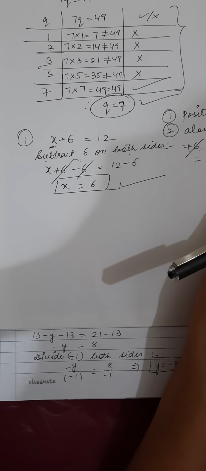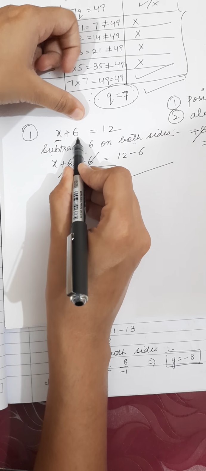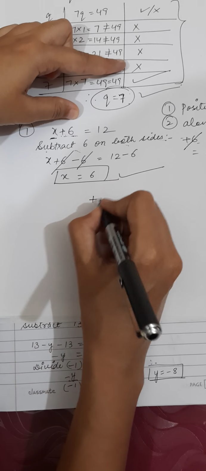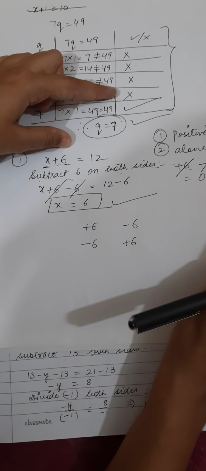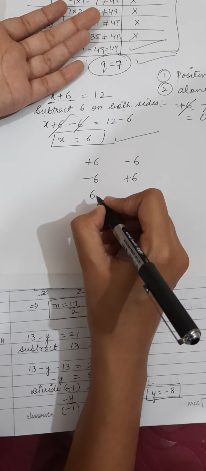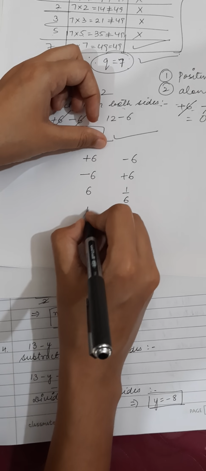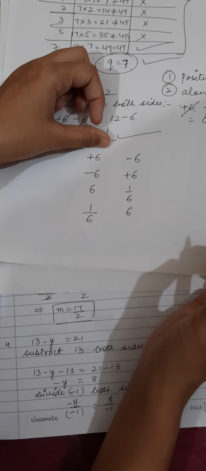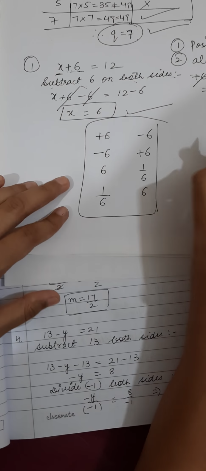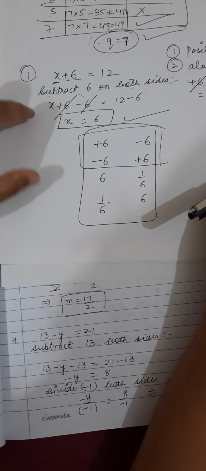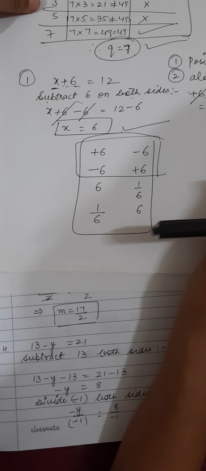Now in this exercise actually, what you have to do is, if plus 6 is there, to cancel it completely you will take minus 6. If minus 6 is there, to cancel it you are going to take plus 6. If 6 is in multiply, then take 6 in divide so that they can be cancelled. If 6 is in divide, then take it in multiply so that they can be cancelled. Okay, now we will do the questions, then you are going to understand. These first two you must be able to understand in the first question only, because here plus 6 was there, so you took minus 6 and they were cancelled.